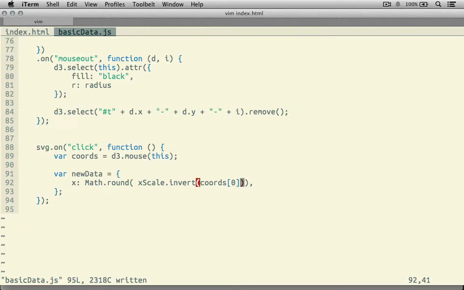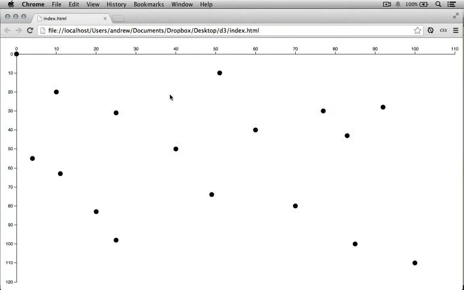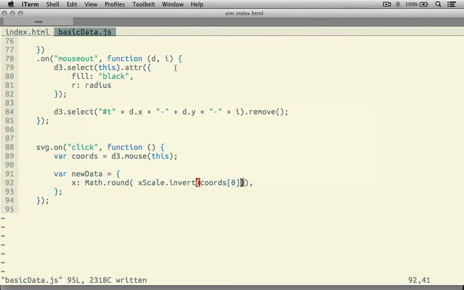And the reason we have to do this is because if you look at our chart here, when I click, for example, right here, this has to have a data value of about x 40. However, the actual position of the pixels is going to be a much, much higher number. 40 is going to be more over here. So what we have is the pixel number, and we need to find the data number. And obviously this is a perfect job for invert because normally we have the data number and we need to find the pixel number. And I'm using Math.round because I want our data to be nice whole numbers,